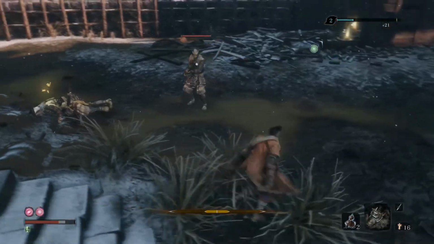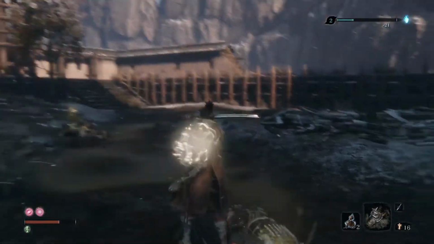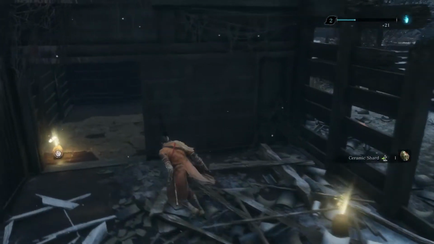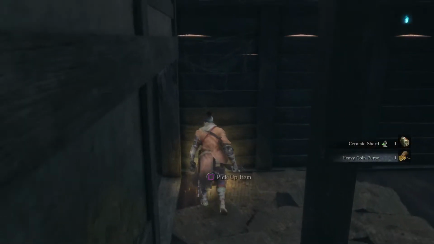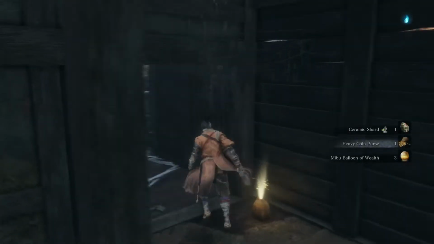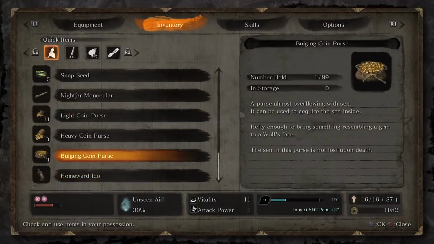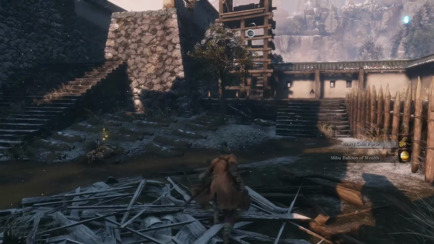Ooh, missed. I think you're the last one. Heavy coin purse. Oh, I don't think we've read the heavy coin purse, have we? See, they're telling you to scoop up all that loot. Heavy. We did bulging. A purse filled with a large amount of sen. It can be used to acquire the sen inside. Its weight is very promising indeed. The sen in this purse is not lost upon death. Yeah, and we have a lot of money, so...